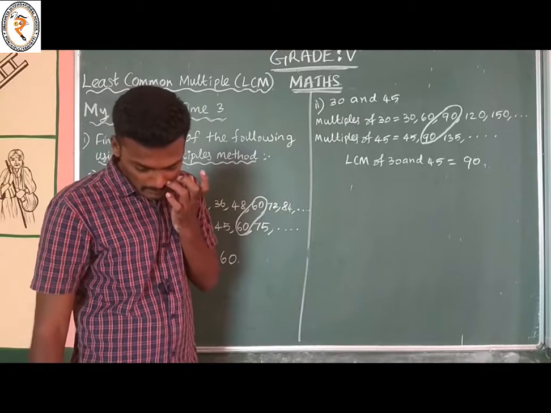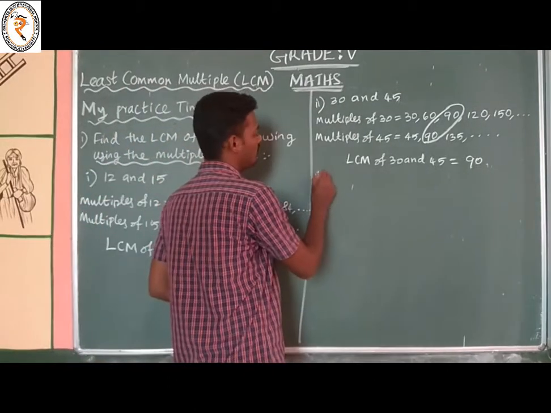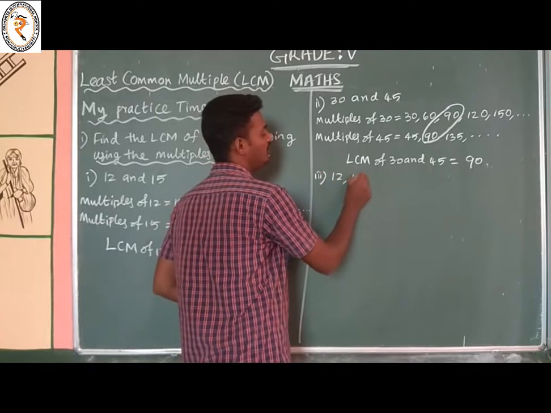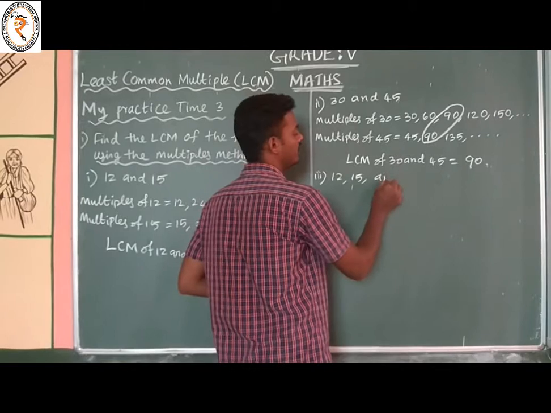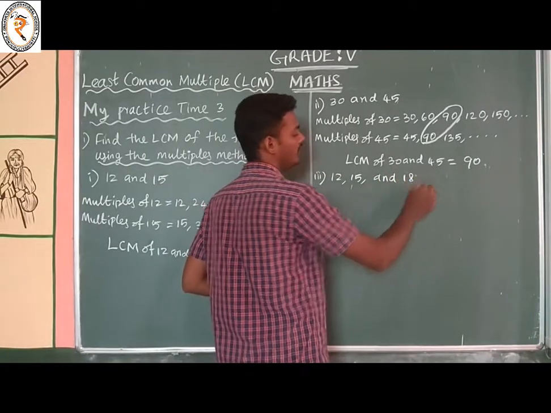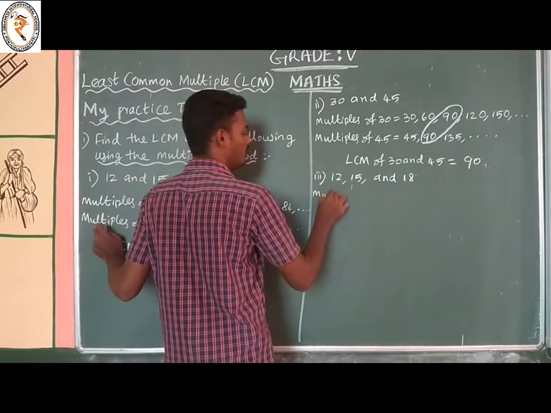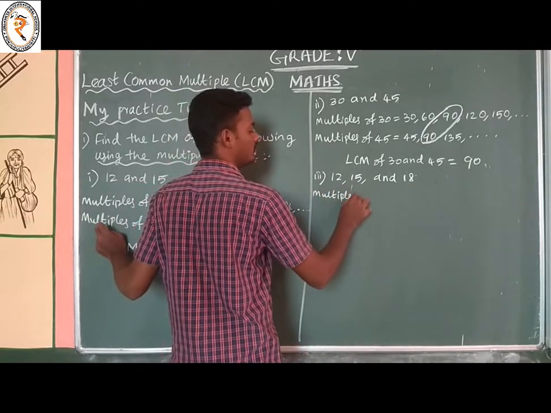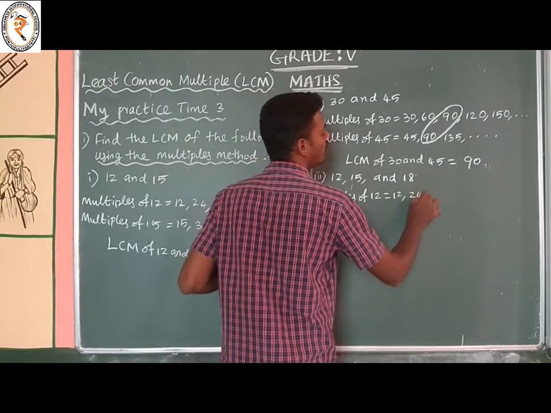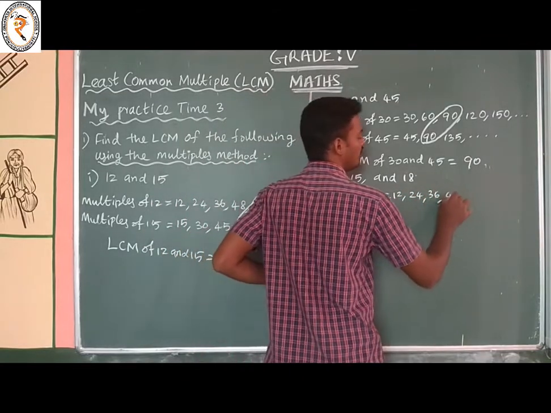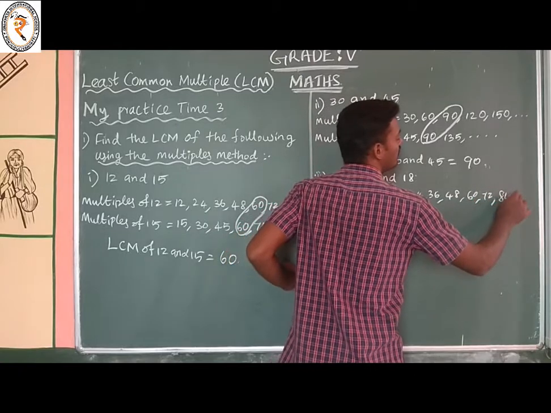And the third one: 12, 15 and 18. The multiples of 12 are 12, 24, 36, 48, 60, 72, 84,